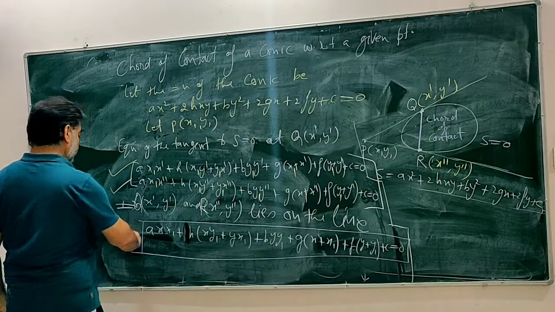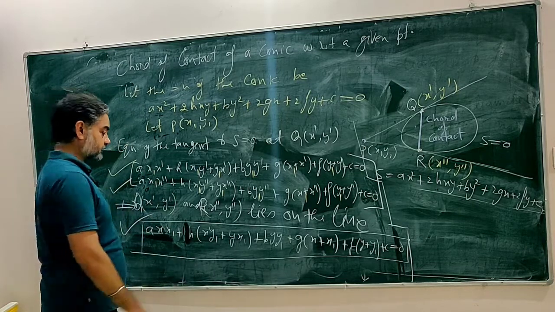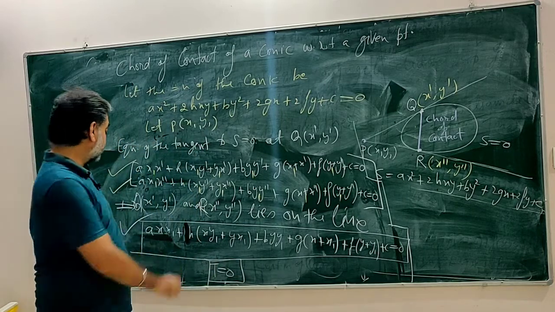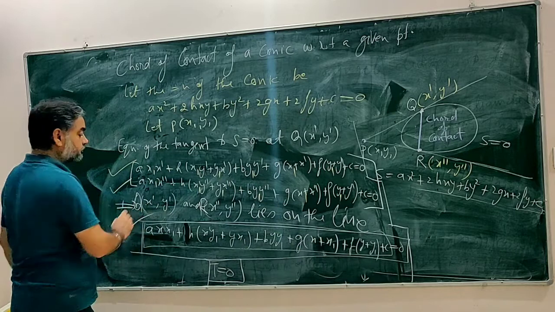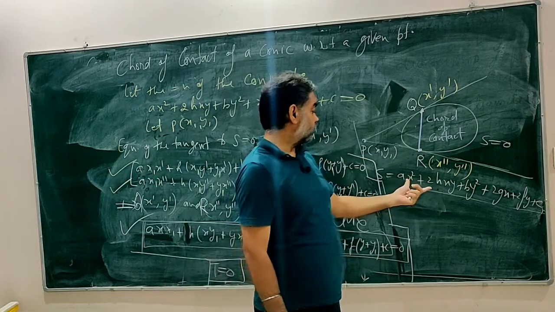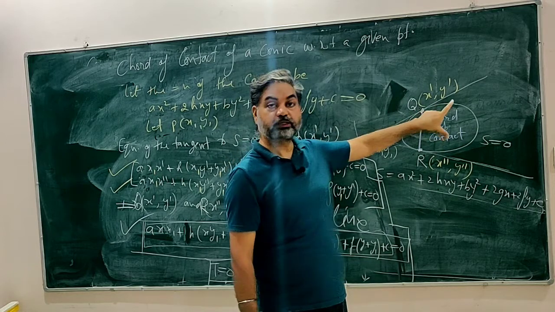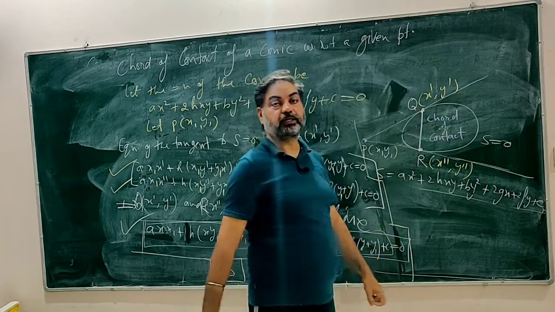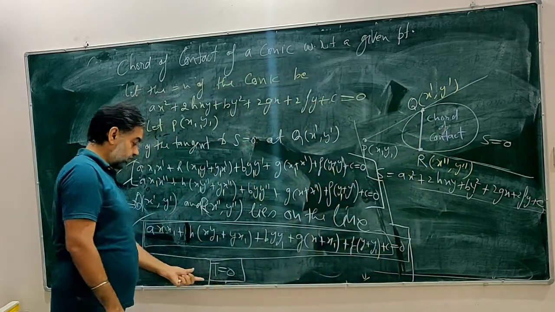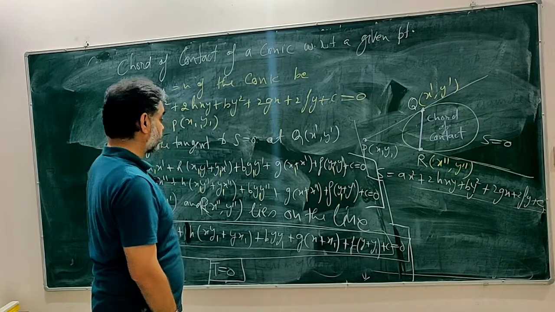So what is the equation of the chord of contact? The equation of the chord of contact is this. You know that this equation, in short, can be written as T equal to 0, where T is this part. So the equation of the chord of contact is simply T equal to 0. If the conic is S equal to 0 and we are given a point P, and from the point P you draw two tangents to the conic, then if you join the points of contact, this chord is called the chord of contact, and the equation of this chord of contact would be T equal to 0. That is what we have found.